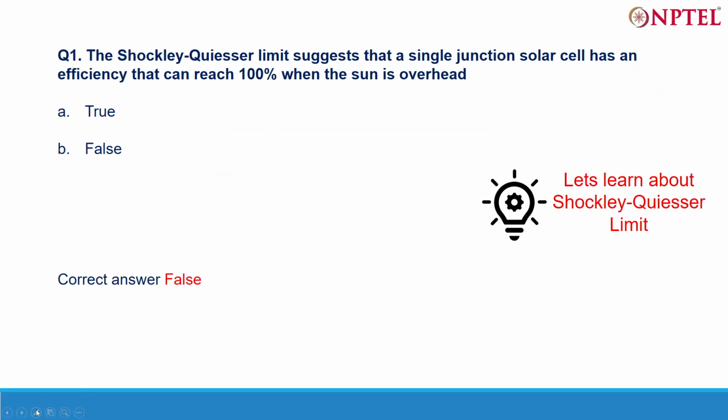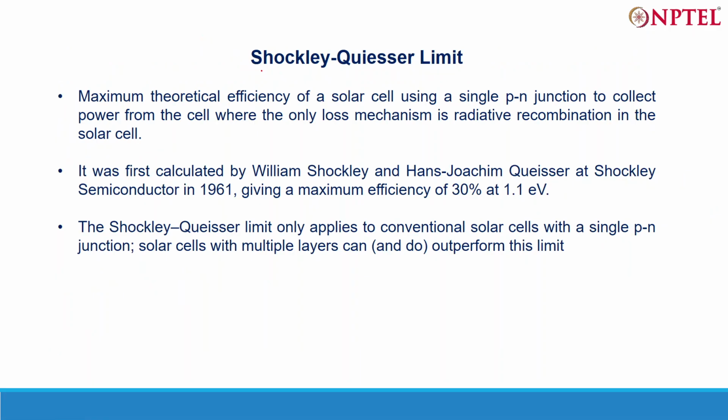Let's discuss this Shockley-Queisser limit. Basically, this limit defines the maximum efficiency that can be reached by a solar cell. We can assume that the maximum theoretical efficiency of a solar cell can be 100%, like all of the sunlight can be converted to